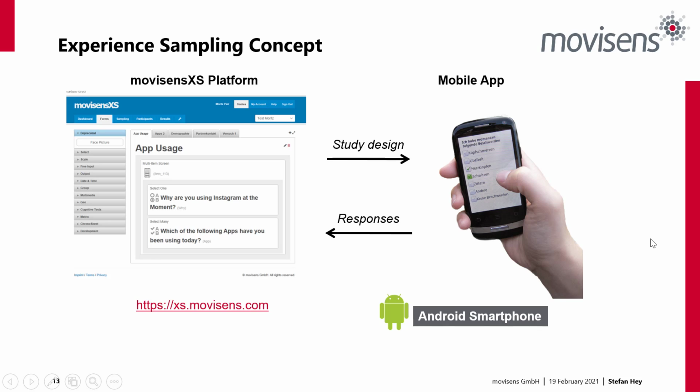It's a pretty simple concept, as with most experience sampling platforms out there. It's got a web design platform where you can go in and actually create your forms and create your sampling schemas, enroll your participants, download your results, and all the other administrative aspects of your study. And then the mobile app, which works on an Android smartphone at the moment. So we only have Android. I'll answer that straight away. Only Android at the moment, okay?